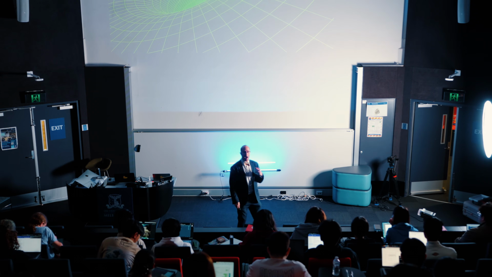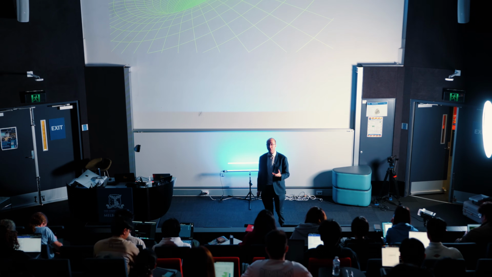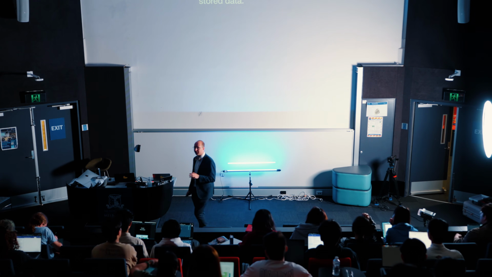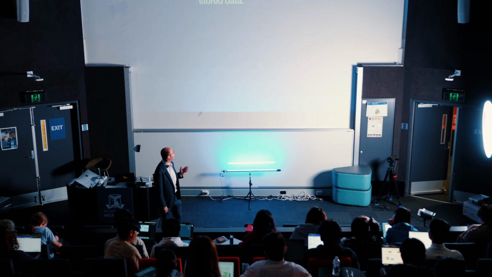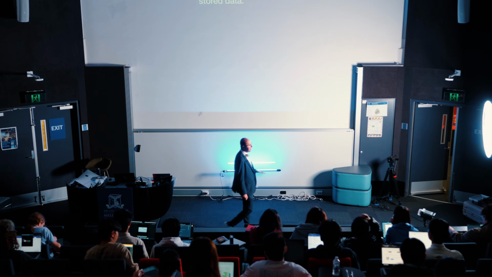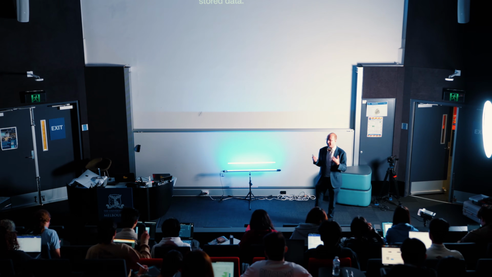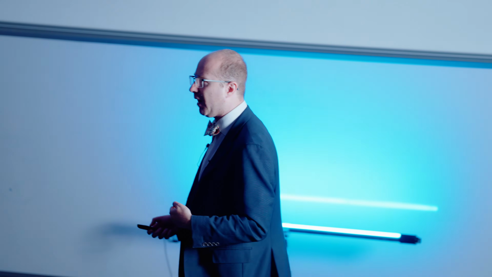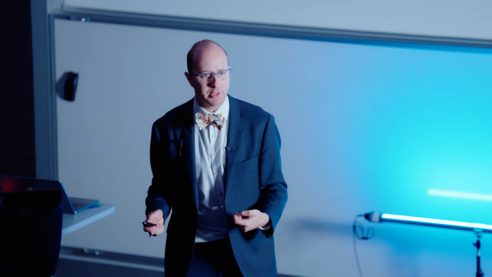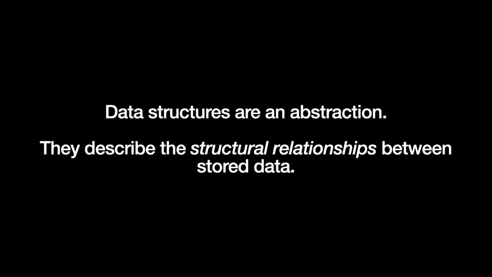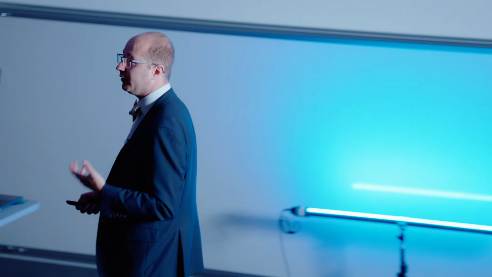understanding the part of the course that talks about data structures, ways of arranging information such that they actually make some of our steps more efficient. Now, data structures are an abstraction. Just like the notion of an algorithm, a data structure isn't a physical thing like a filing cabinet, or if you were to peek inside your computer's hard drive, you wouldn't see a data structure there. It's more a way of abstractly organizing the information such that when we then need to access it later, we can do it very efficiently.